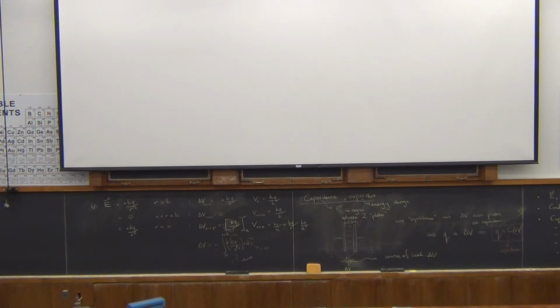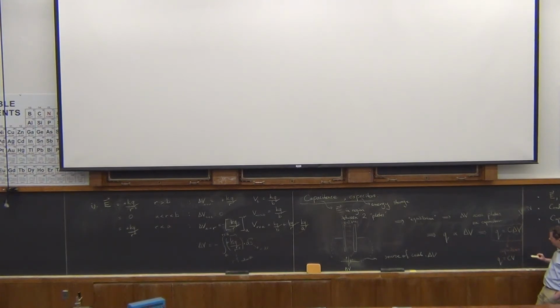Okay? Try not to be confused by this, it's not helpful the way that it's standardly done. This is a potential difference, but delta is often dropped. So when we talk about a 9-volt battery, it's a 9-volt potential difference between the two terminals. But you'll often see it simply as V equals 9 volts. So the delta is inclined to disappear at this point, and so you may see this as simply Q